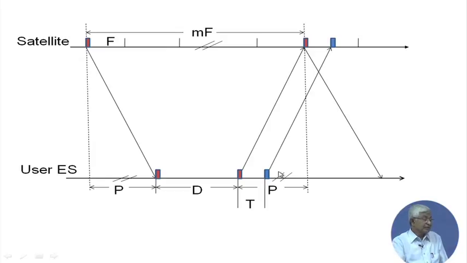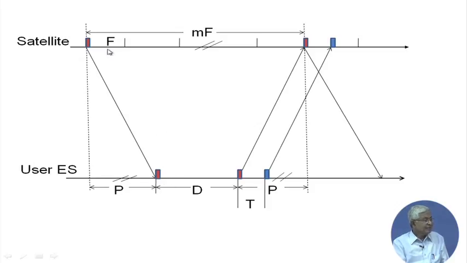So that calculation is shown here in the form of a picture. When you receive the reference burst, the time delay is of the order of 125 millisecond, and these frame timings are of the order of 2 millisecond, 4 millisecond, like that. It's very small compared to that. So by the time you receive, a couple of frames might have passed, so you don't know where you will be reaching. Only the propagation delay is known to you,